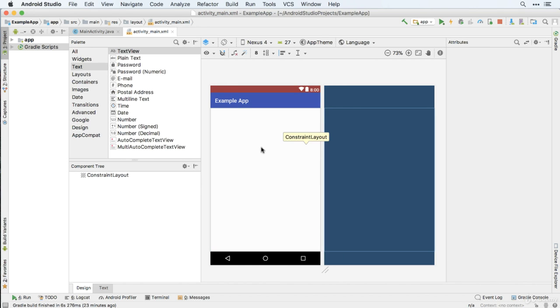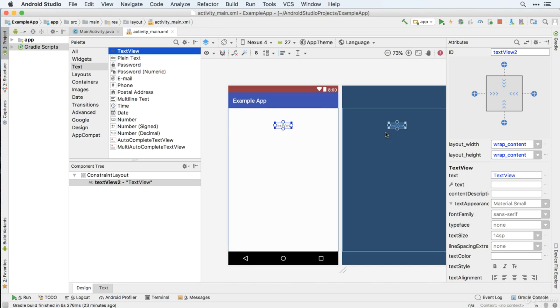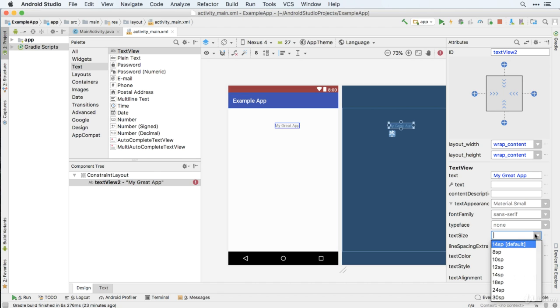Okay then, here we go. I hope you managed to do that, but I'm just going to show you how I would have solved that. So we'll start by dragging in the text view towards the top, and before I add the margins, I'm going to add the content that I want for the text view. So we'll change the text to Migrate App, and then we want to make it